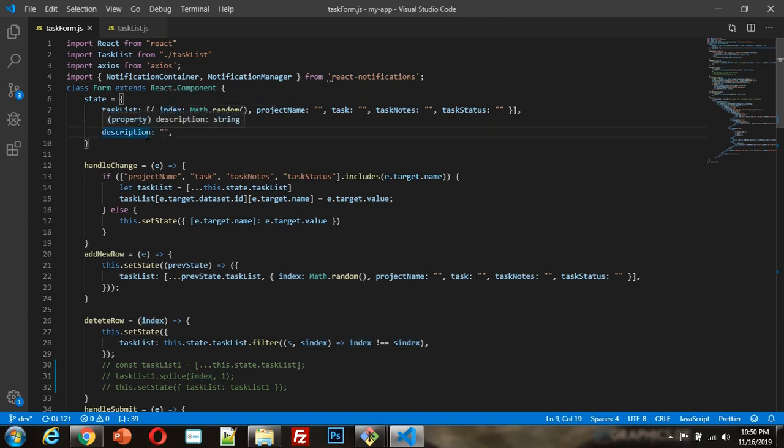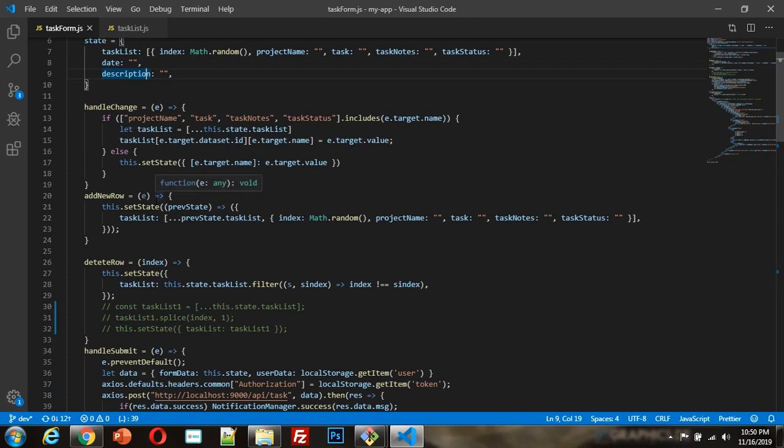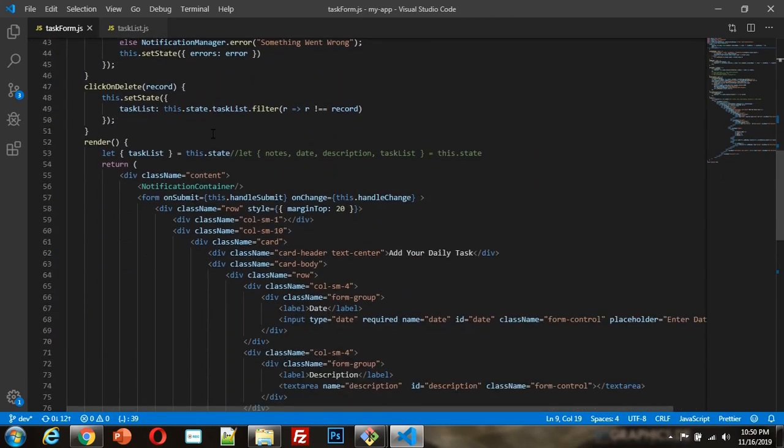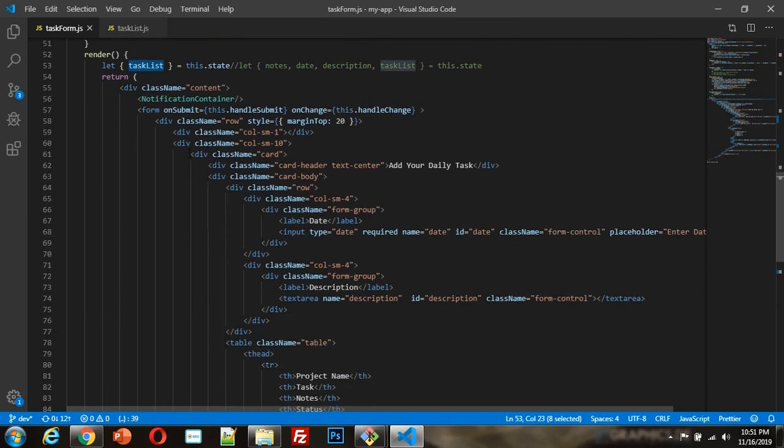Okay, then go to the code, the HTML part, and this.state. I collected the variables in the variable task list. Whatever task list I have, I collected in the variable task list. Then this is the particular form.